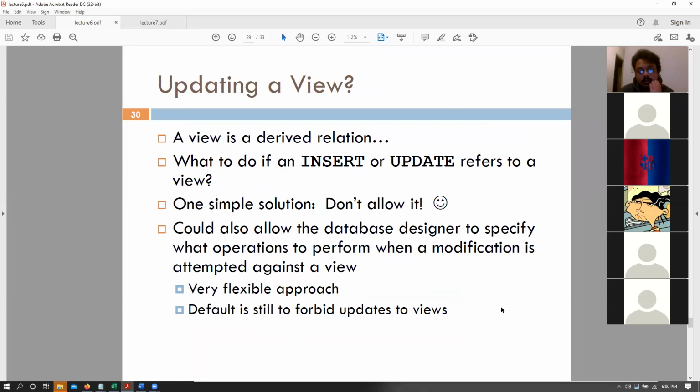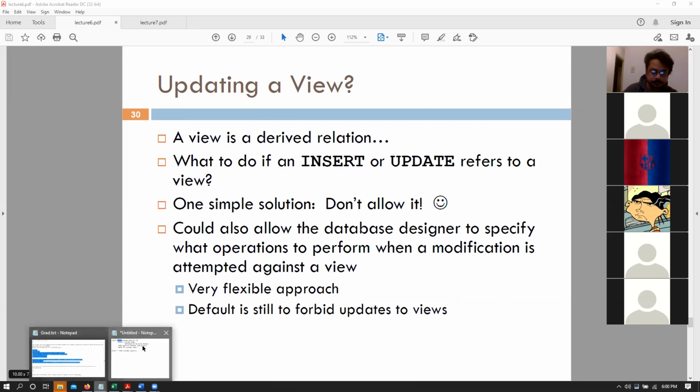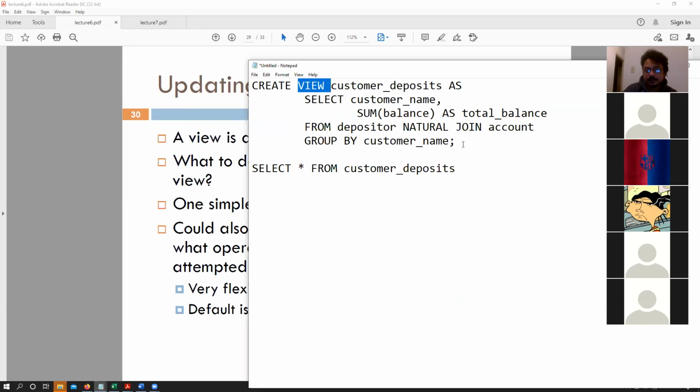Okay. Now, coming to Angelina's first question before she got lost, I guess. A view is a derived relation. So what to do if I perform an insert operation or an update operation to a view? So let's say that we had